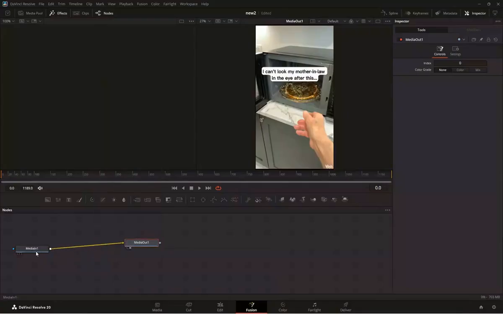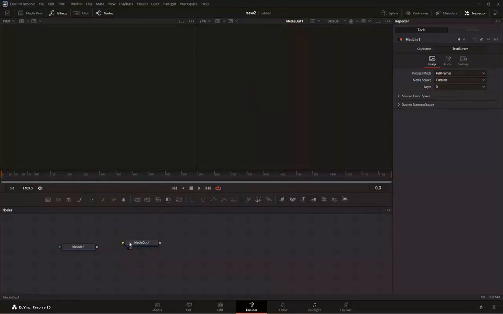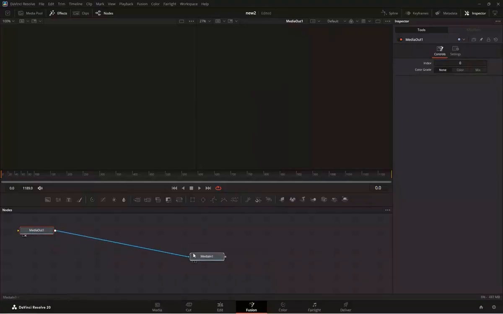You need to add a Planar Tracker node, so hit Shift and Spacebar to bring up the Select Tool window, type in Planar Tracker, and hit Enter to add it. Connect the Planar Tracker node between the Media In and Media Out nodes. Click on the Planar Tracker node to select it, and in the Inspector panel on the right, set the tracker